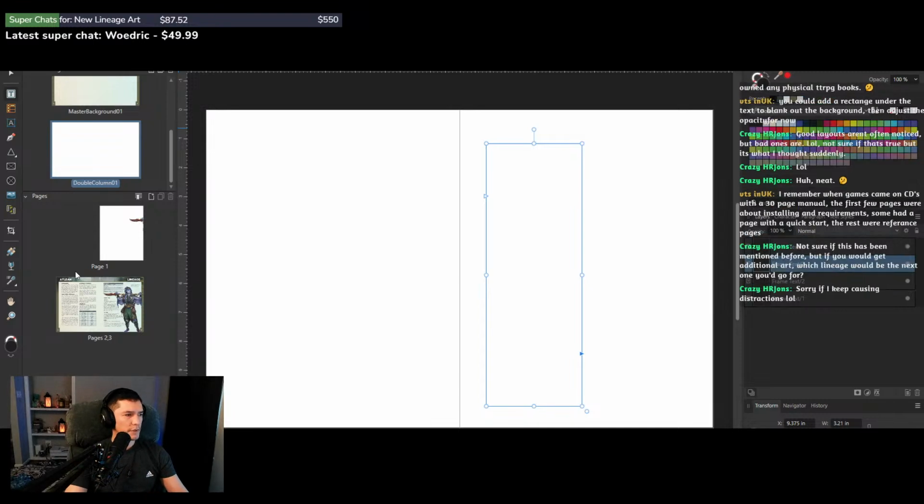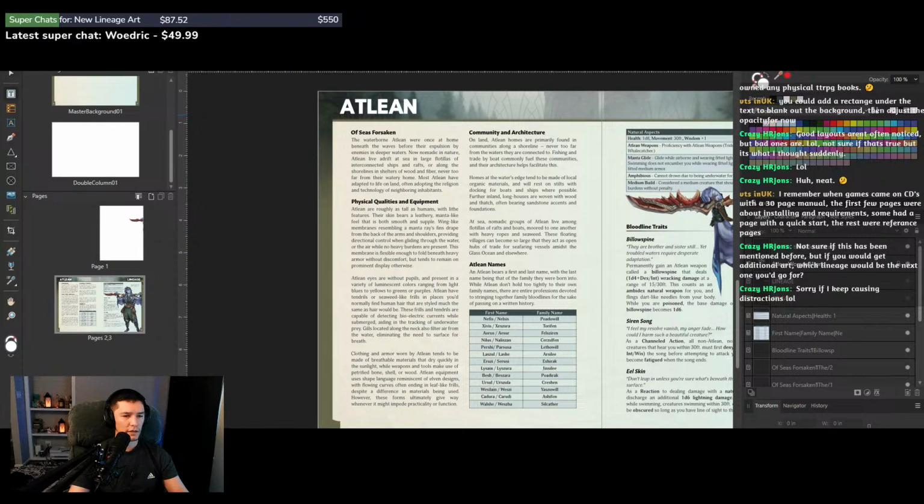Not sure if it's been mentioned, but if you would get additional art, which lineage would be the next one you'd go for? That's a good question. And don't worry about the distractions thing. If I'm going to work, it's most likely not going to be on stream anyway. So I would prefer to interact than to just stay heads down and work, because I'm better working when I'm off stream anyway. But the next lineage, I would say